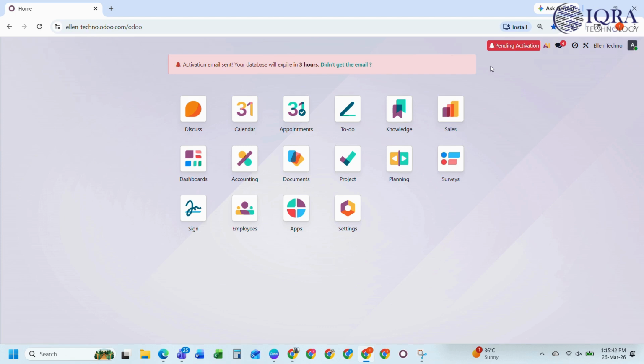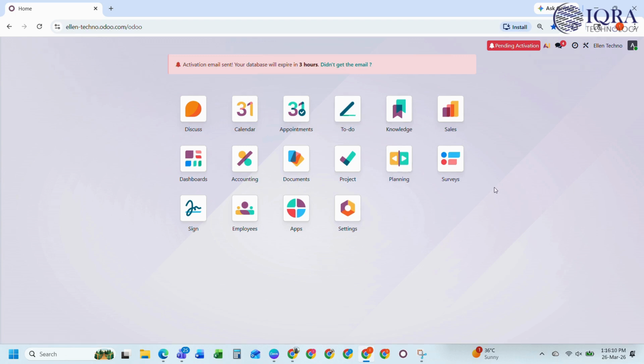It should also be noted that some apps automatically install with others. For example, invoicing is installed whenever the sales application is installed. This happens because these apps work together during the sales process. Several applications are also installed by default in every Odoo database, including Discuss, Calendar, Employees, App Settings and others.